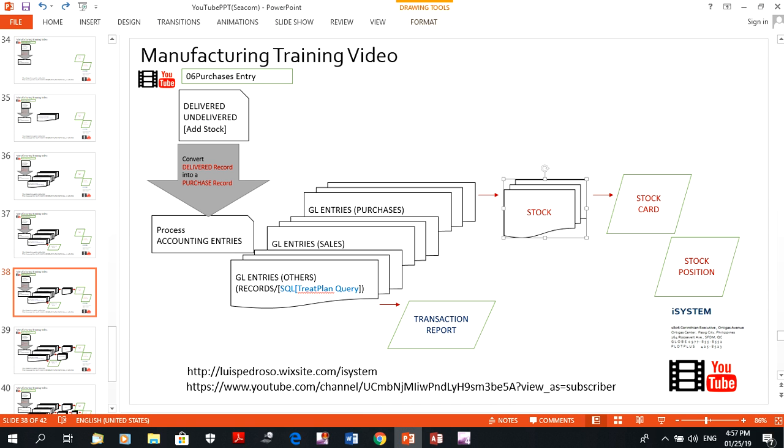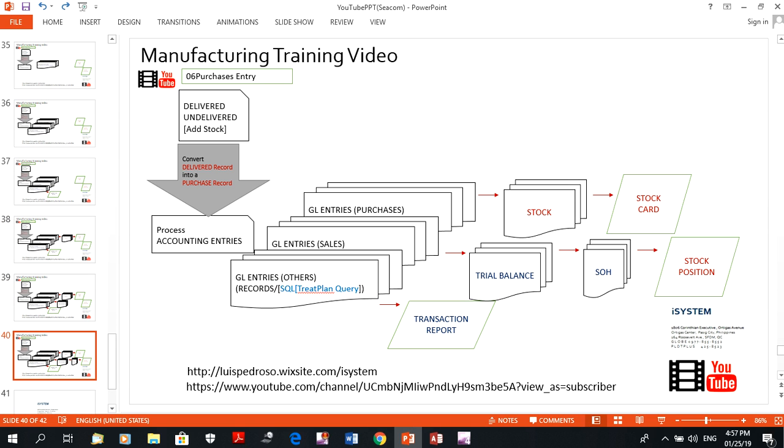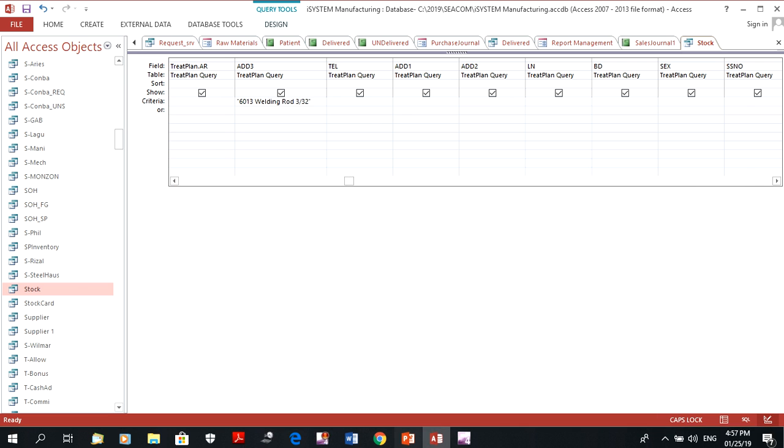Alright, so that's how the system knows. And the other thing here is the stock position. Let's go through that. Remember